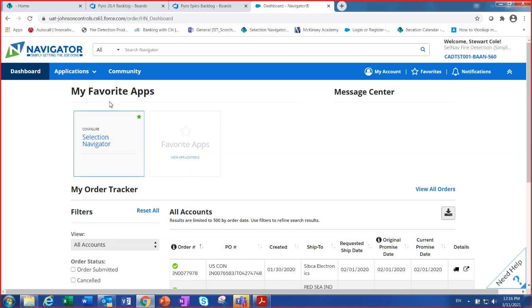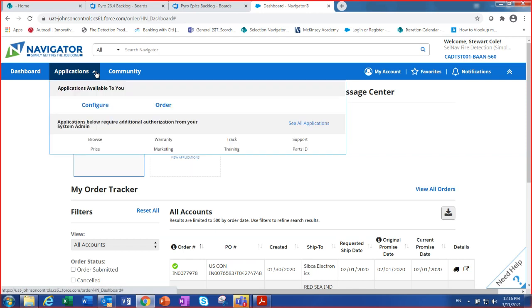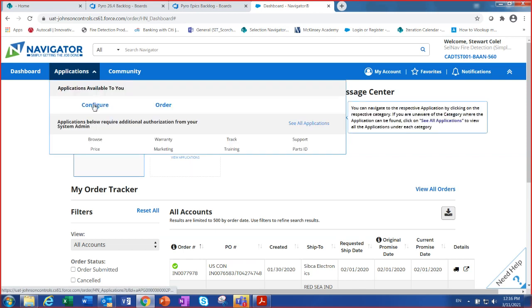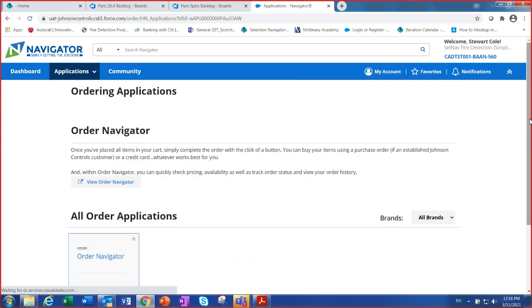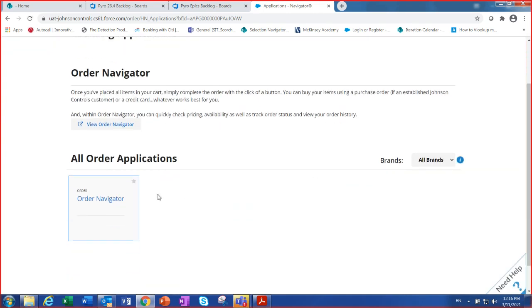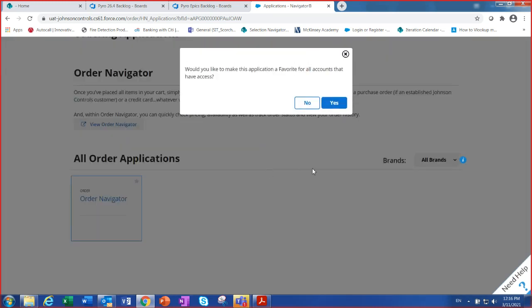So if I look at the applications menu here, you can see I've got Configure, which is the Selection Navigator app. And then I've got Order, which is the Order Navigator app. So if I click on Order, it will take me down to the tile. As you can see here, the Order Navigator. And what I'm going to do is I'm just going to check this star to add it to my favorites. And it just wants confirmation.